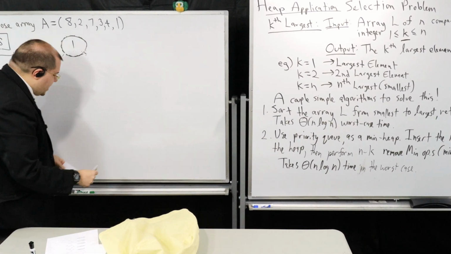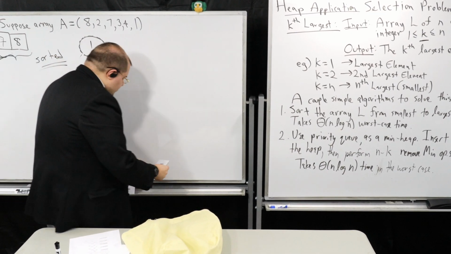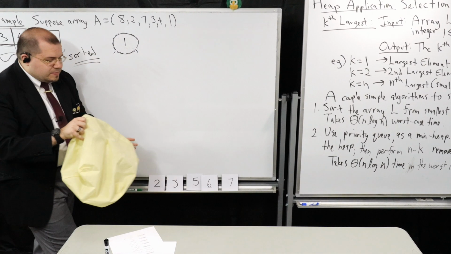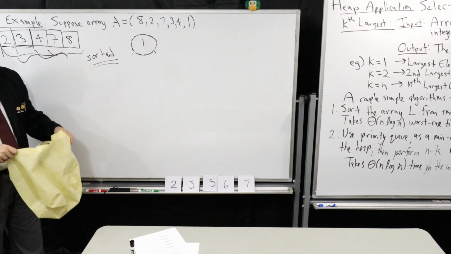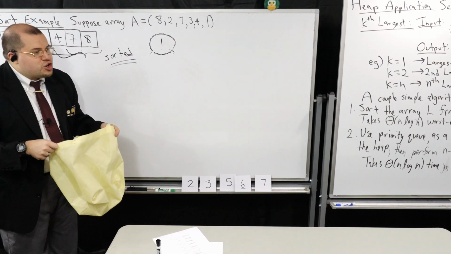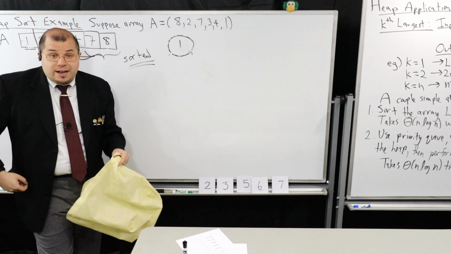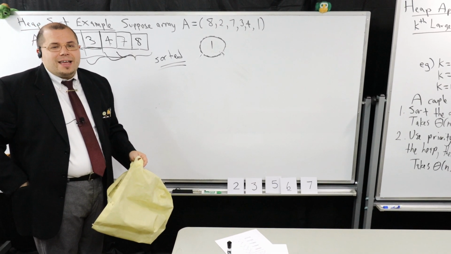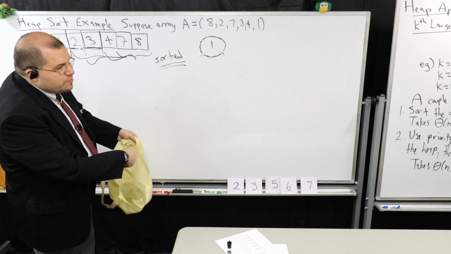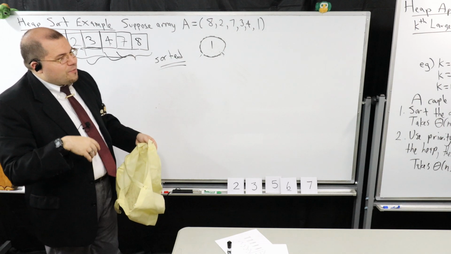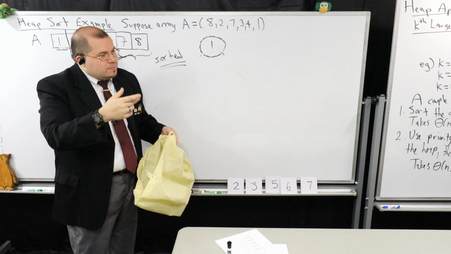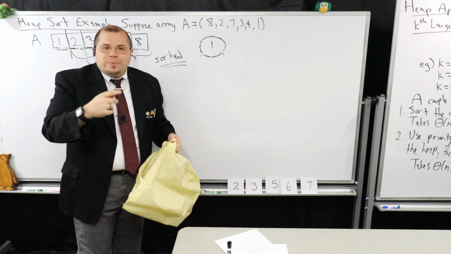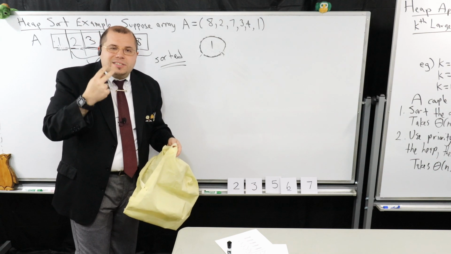I'm going to have my elements again, like I had before. So I have my 5 elements. And now what I'm going to do is try to keep 2 elements around all the time. Why? Because if you think about it, if I take the smallest element out of my bag, then every element in there is going to be at least the size of whatever's in here, right? But if I have 2 of them, that means that these are going to be the 2 largest numbers I've